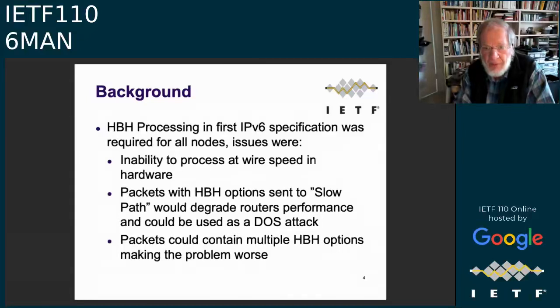In the first IPv6 specification, it was required that hop options be processed by all nodes. At that time, it was not feasible to do this at wire speed in hardware. This was a while ago. Packets with hop-by-hop options were sent to the slow path. In fact, one of them, the router alert, was designed just to tell the router to go look carefully at this packet. But it was also then observed that this mechanism could be used as a denial of service attack